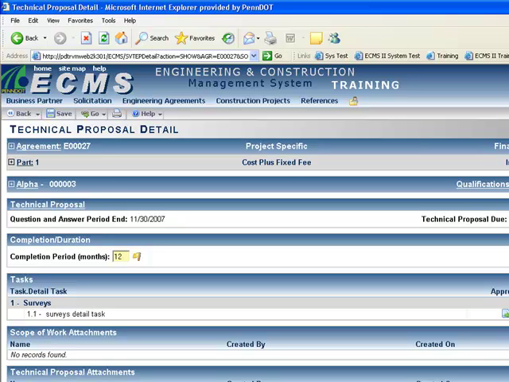Here I also have scope of work attachments, if PennDOT had included any attachments. And as a consultant, I can also add technical proposal attachments by clicking the Edit button in the technical proposal attachments heading. Here on the technical proposal, I can also add subs in the hierarchy heading. This is a little easier than it used to be for consultants. They'll now actually select a sub from a selection list. So here, if I click the New button,